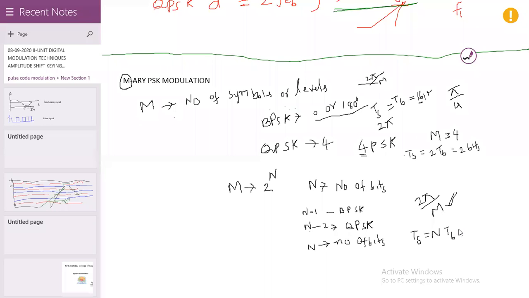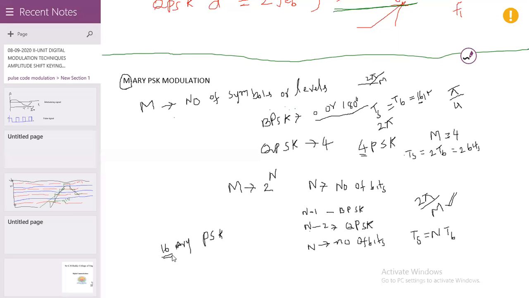Okay? We want to transmit 16 symbols. Suppose after taking all our quantization and everything, we want to transmit 16 symbols. Then here we can say N is equal to 4, M is 16. Then what can we write? In the place of M-array PSK, 16-array PSK, or 16 PSK. That indicates that we transmit 16 symbols.